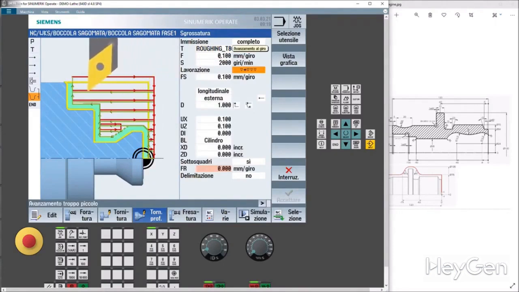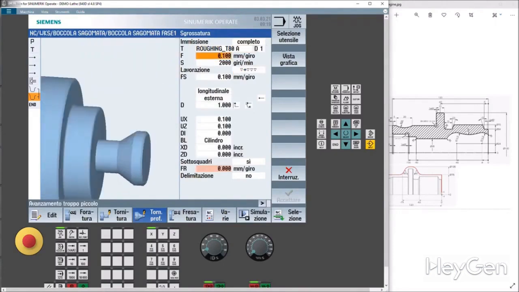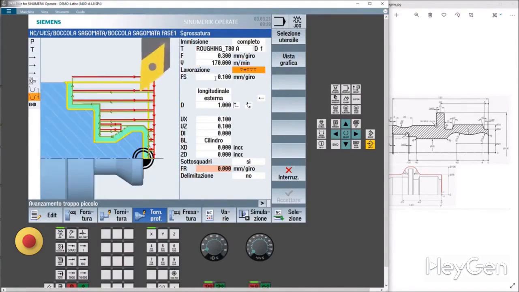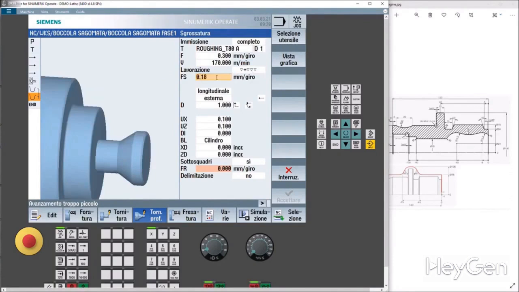So, we have this F that we position at 0.3, which is the roughing F. You see, if we position ourselves on top, it tells us feed rate, 170 meters. That can work. And the finishing F is at 0.18.